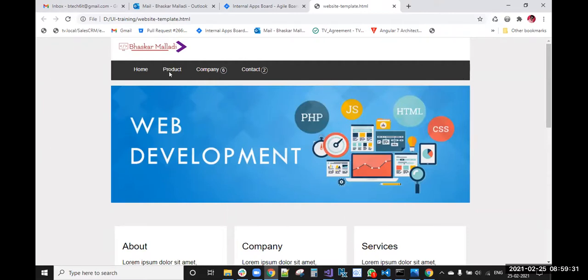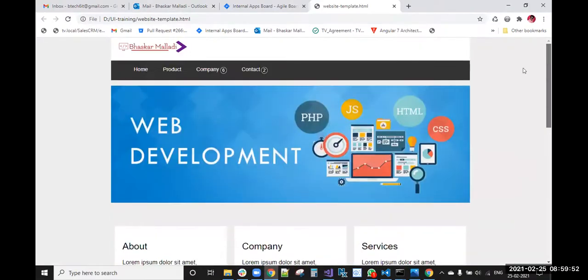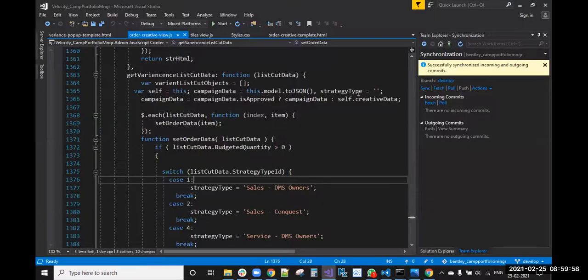So you can add some pages, a product page, company page, and contact page, and you can keep this website as a template. You can post it with your name also. Suppose some customer asks for a document, then you can post this file. So then your personal website is ready. With this only you can create a personal website. Then your personal website is ready. So what we will do now,